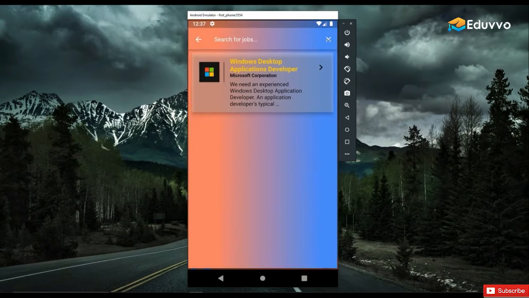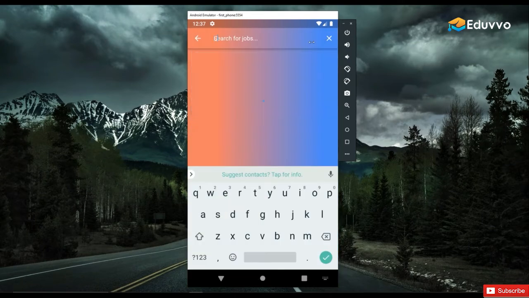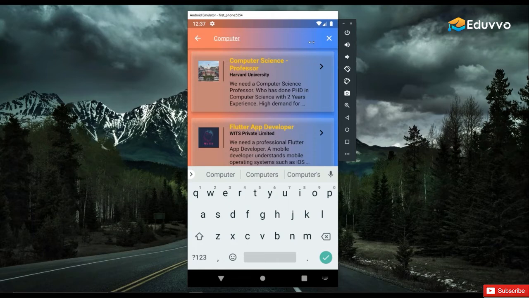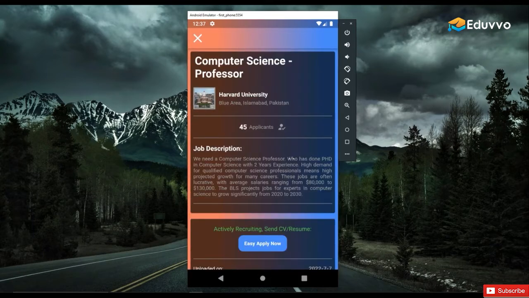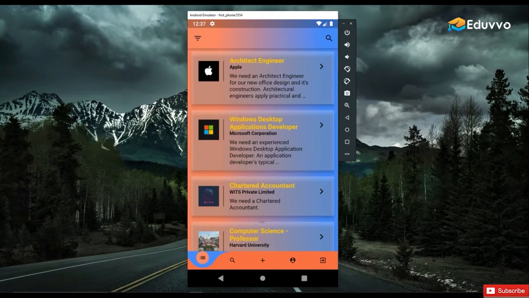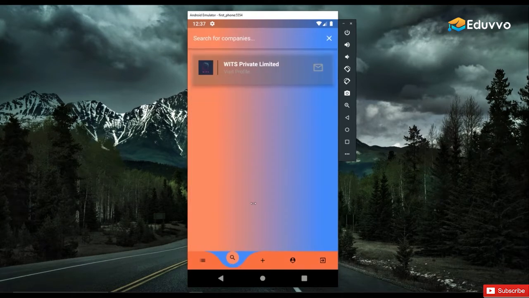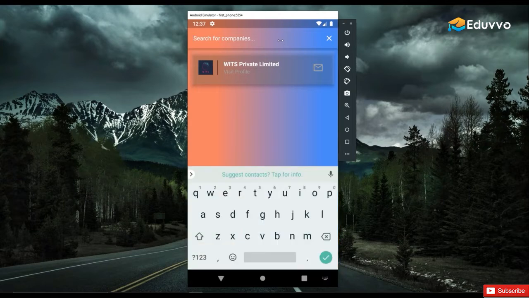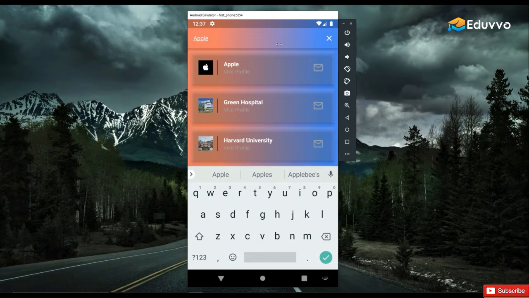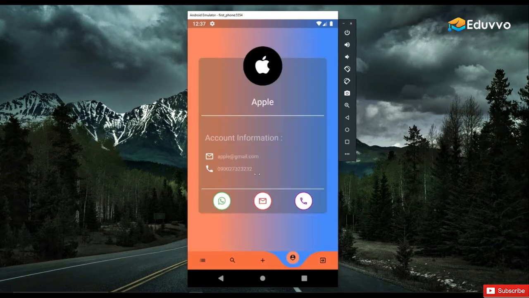You can also search for a job like computer science. Here you can see computer science professor. And also you can search for different companies. Let's say you want to search for a specific company for which you want to work. Let's say I'm going to search for Apple. I want to check the Apple profile, which you can see here. So you can also contact this Apple company